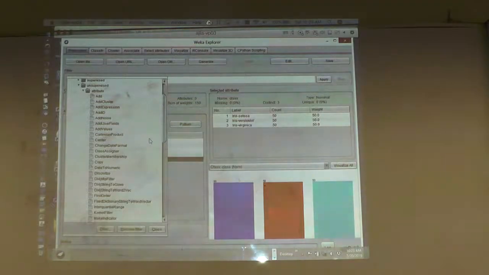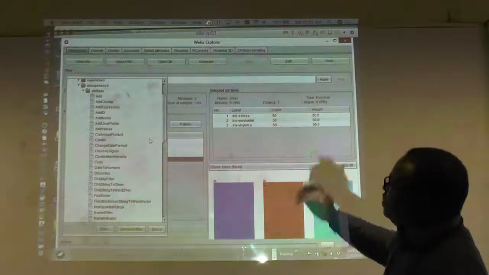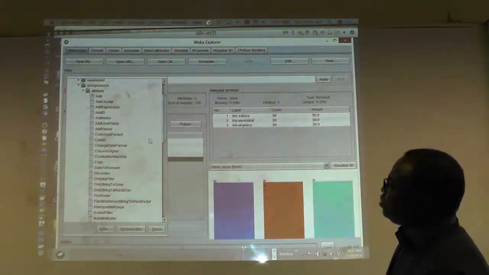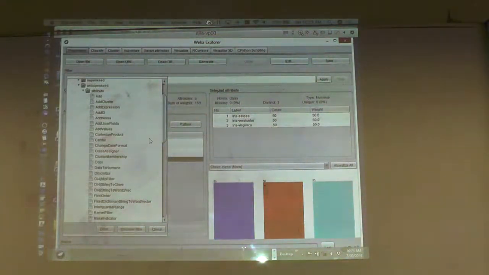It may not be the best in terms of clarity to the human eye, but in terms of machine processing, it helps a lot. We'll talk about that later in terms of images. And there are so many other things you can do. If you look up there, you can add cluster, add expression, you can add noise. For example, you have a data